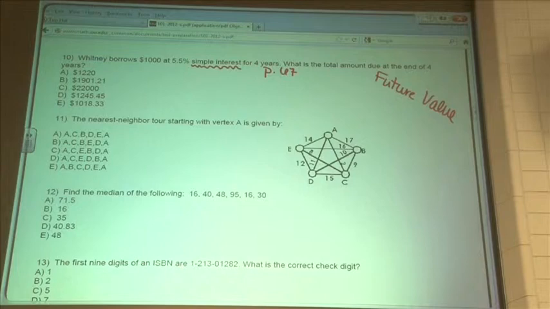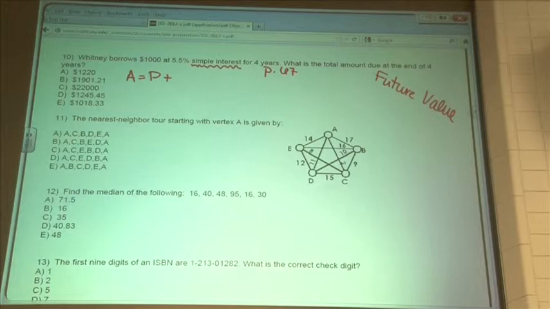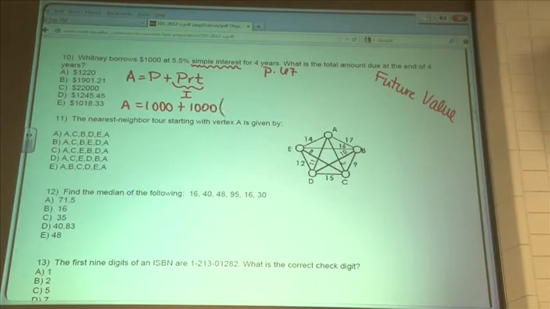To find the future value, your accumulated amount is equal to your principal plus the amount of interest earned on the principal amount. So that's going to be P times R times T. Remember, this piece right here is interest. Simple interest. Plugging in. Our accumulated value is equal to a principal amount of $1,000 plus the interest earned on your $1,000. Okay, so 1,000 was our principal. Our interest rate, 5.5%, write that as a decimal,